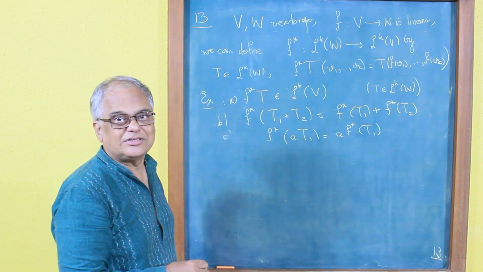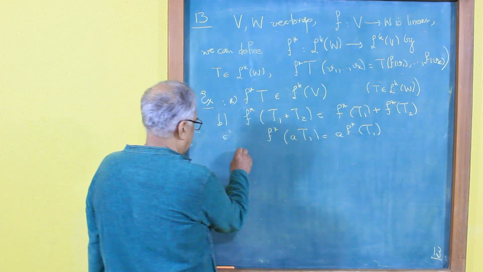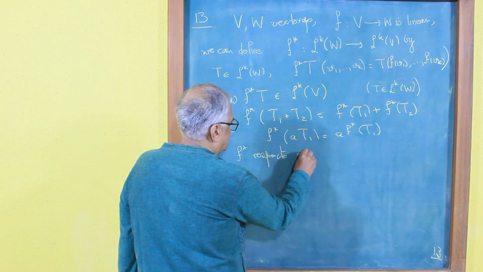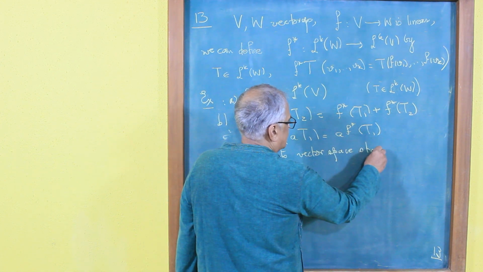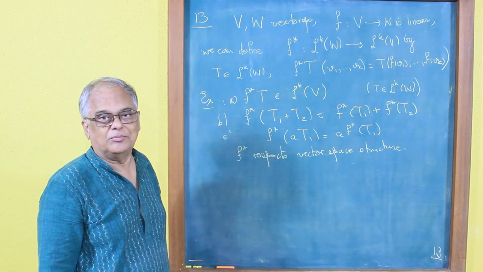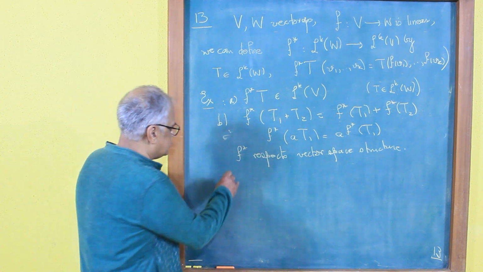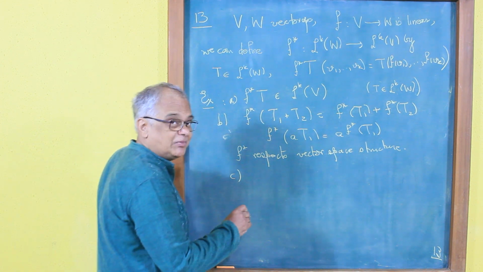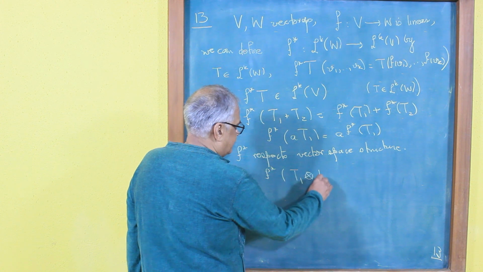This is a statement that F upper star is a linear map, so it respects the vector space structure. But we had one more operation on L^k(W), namely the tensor product. So what you must also verify is that F upper star respects tensor products. What do I mean by that? What I mean is that F upper star of T1 tensor T2